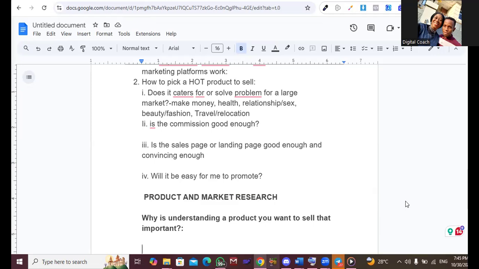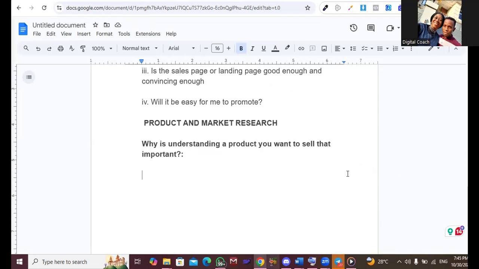Since what you are doing as an affiliate is recommending, when you get to know details and basics about the product, it helps your job. It makes your job easier. It's like somebody who is trying to recommend a transport company to someone else. All right. You are recommending, let's say, a transport company, Digitech and Co.